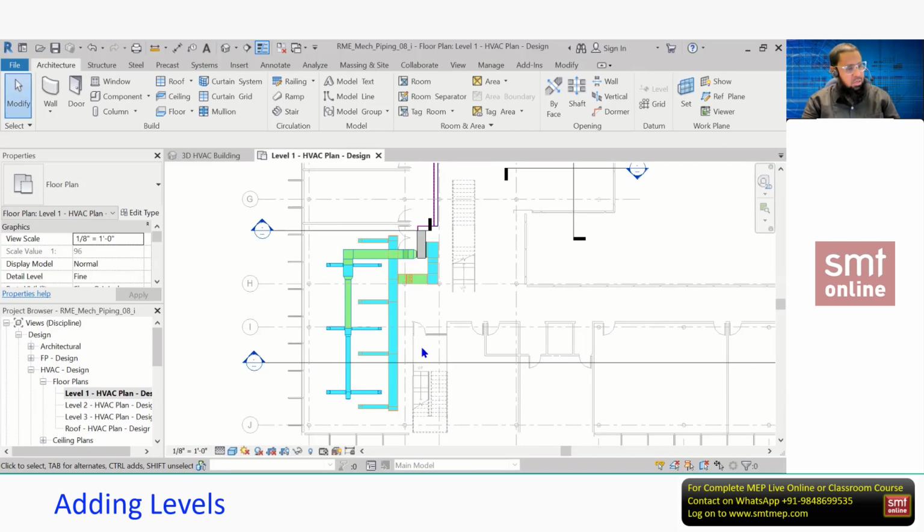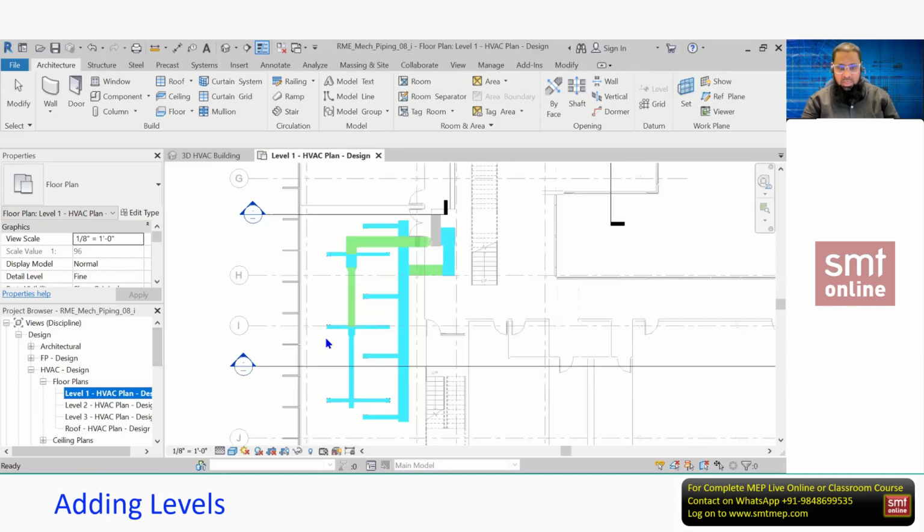Or if you're dealing with the light fixture, lighting layout, and you don't want to see the diffuser, you can hide these different services, because in Revit we are dealing with the project now with multiple views, right? This is one example. Temporary and permanent. What is the difference? Okay, temporary means at the time of editing to avoid confusion.